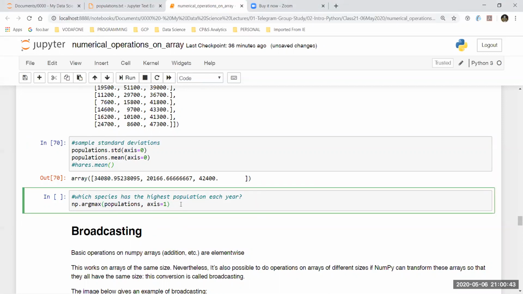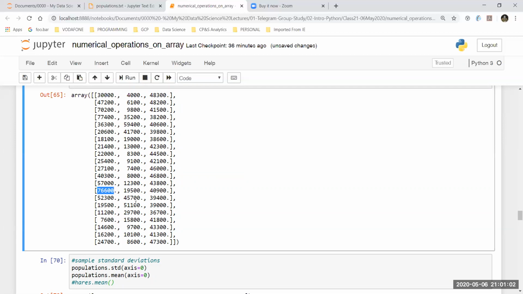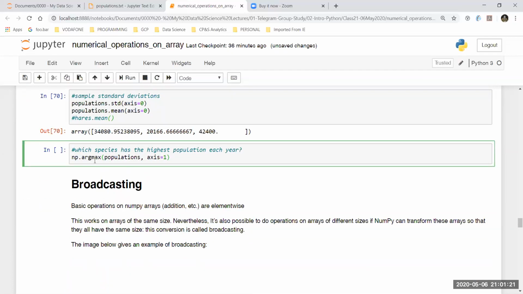Another thing that we usually see is that if I would like to find out the maximum value from this list, maybe after a quick scan I will be able to find it. For example, in the first column I can clearly see this is the maximum value. In the second column, maybe I can clearly see this is the maximum value. In the third column, these are quite close numbers, so I'm not really sure which one is going to be the max. Maybe this one, 48,300. But it is really difficult to do it by hand, so we can use a function called argmax.